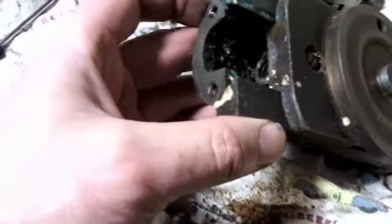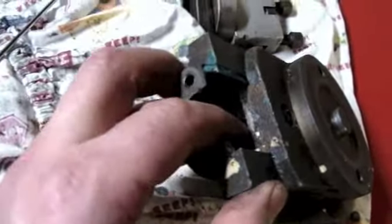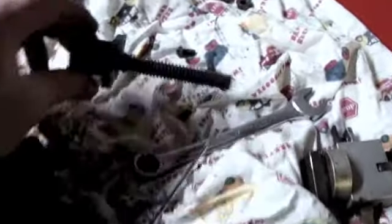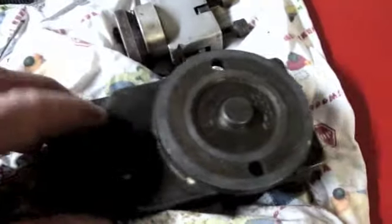Now I think this can only go back on one way, but just in case I get confused about it during reassembly, the part with the nut that the cross screw here threads into actually faces where the handle is, so I think it can only go on that way. But boy, I'll tell you, with those little jib screws loosened up,